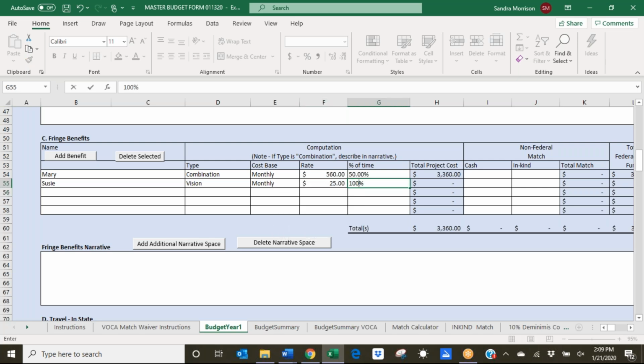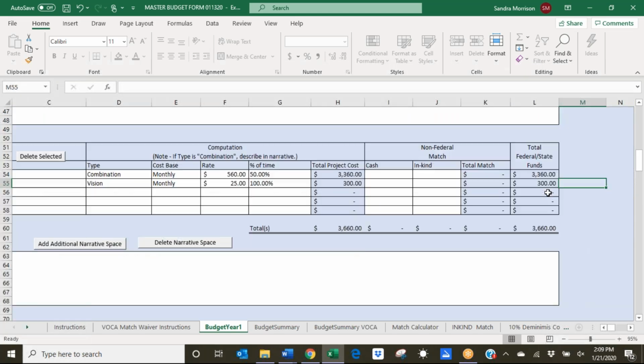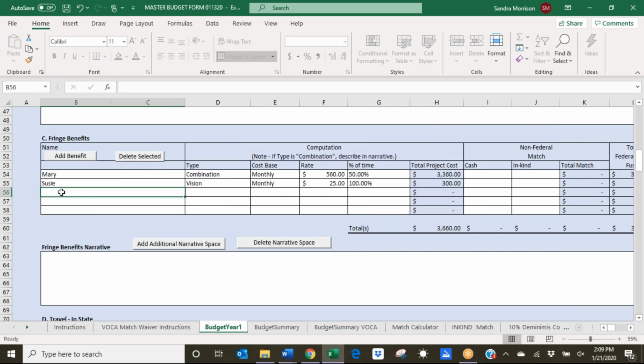And she's in the grant at 100%. So there's your calculation. Now,